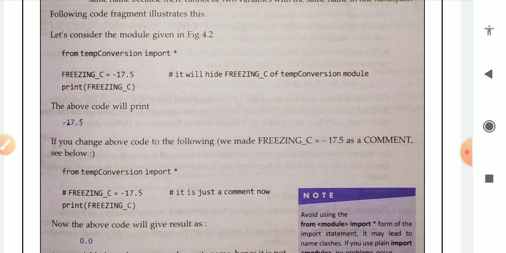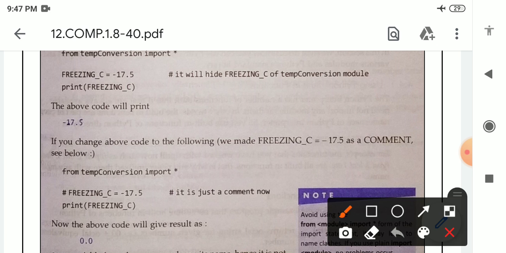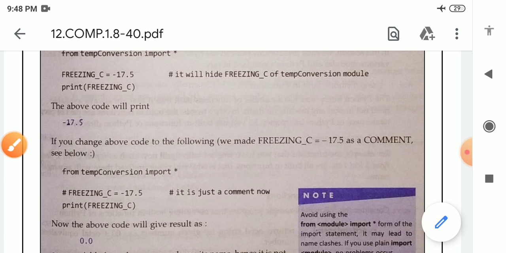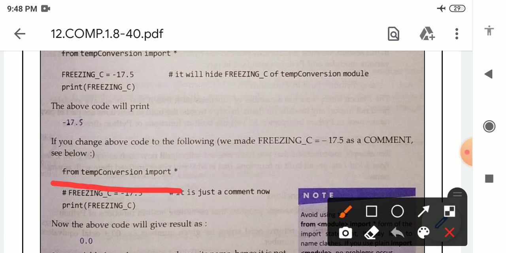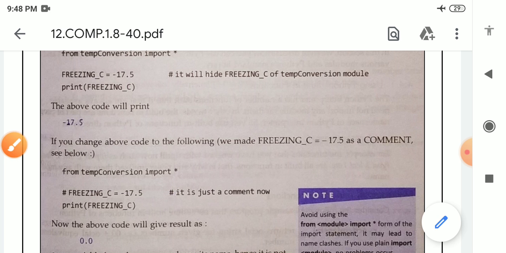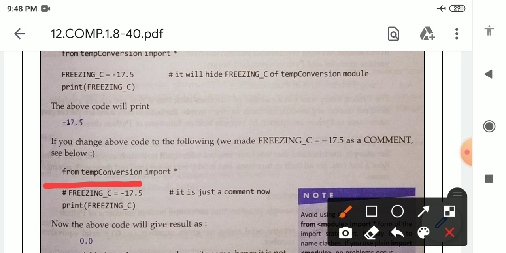If you change the above code to the following, we make freezing_C equal to -17.5 a comment. See below. From temp_conversion import *. After that, freezing_C = -17.5.